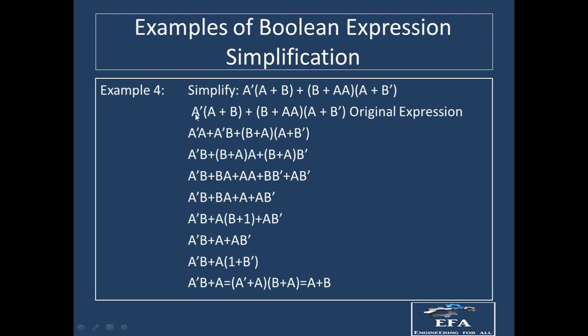This is the same expression written over here. First of all, we multiply a bar with (a plus b), so we have a bar a plus a bar b. From the second expression, a into a will be a, and the rest is as it is, a plus b bar. So a bar a is equal to 0, so we can ignore this one. Because this is equal to 0, we have a bar b over here. From here we can multiply these two, so we have b plus a into a plus b plus a into b bar. Rearranging all these, at the end we have a plus b.